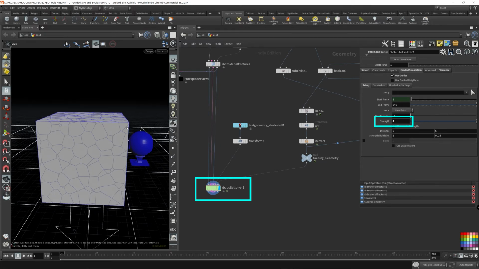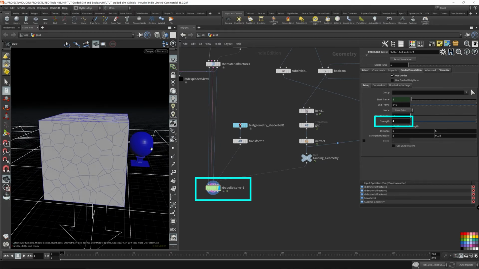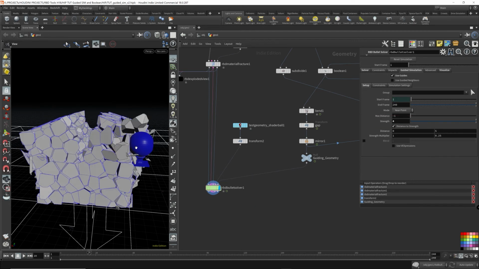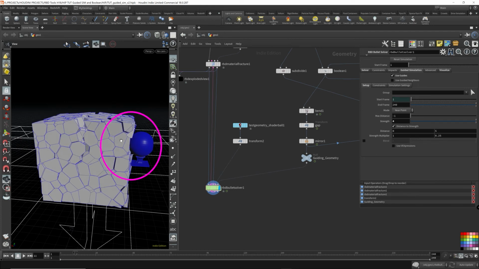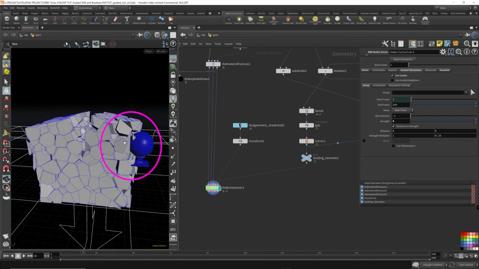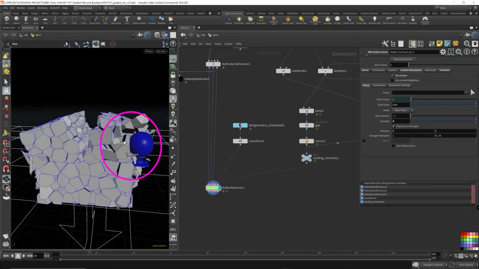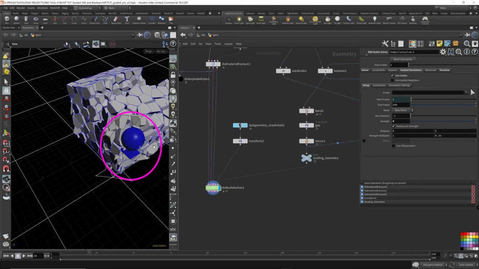This is just a test to see what is actually happening when our fractured pieces that are influenced by the guided simulation collide with the shader ball. So I'm just going to rewind it here. Now, these pieces here are being pushed by the shader ball. Eventually, push comes to shove, and this whole chunk of fractured pieces loses control.